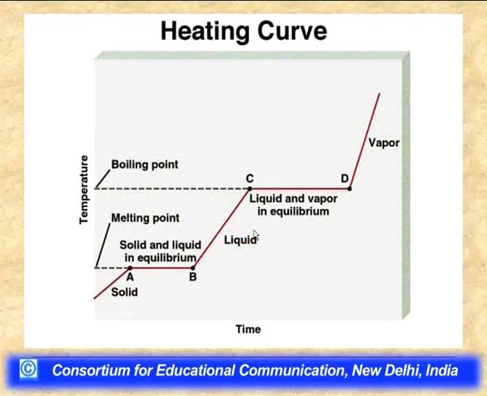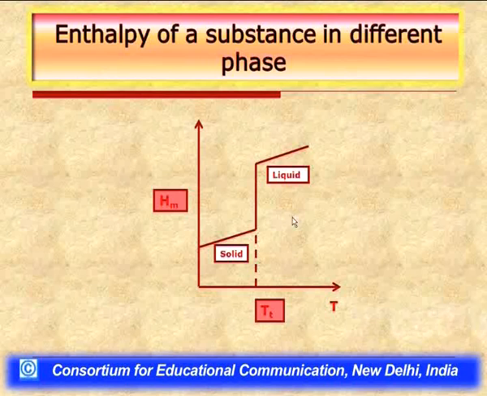As we had seen in the heating curve, at the melting point the temperature of the system remains constant. The only answer to this observation can be that at the melting point, whatever heat we are giving to the system is not used to let the temperature of the system rise, but is used to bring about a phase transformation from the solid phase to the liquid phase.